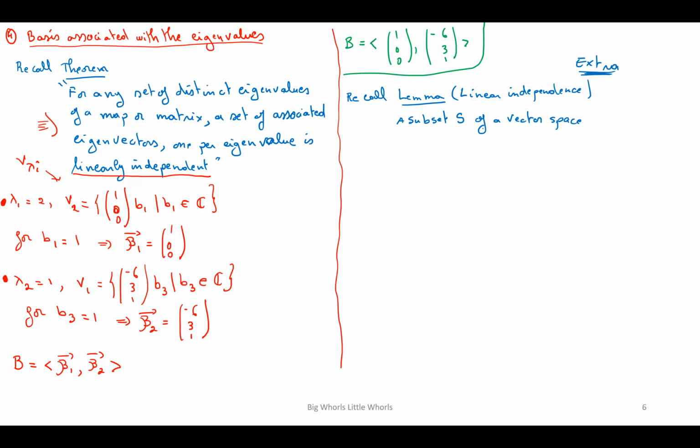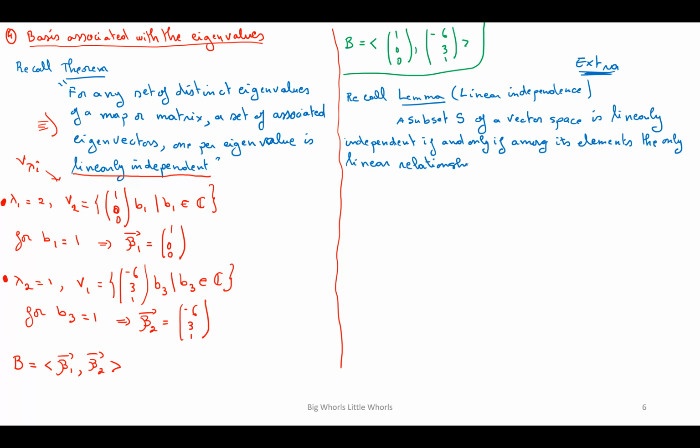So a subset S of a vector space is linearly independent if and only if among its elements the only linear relationship